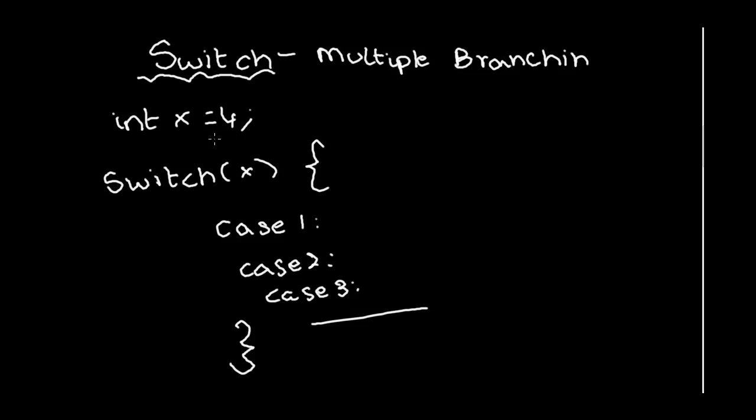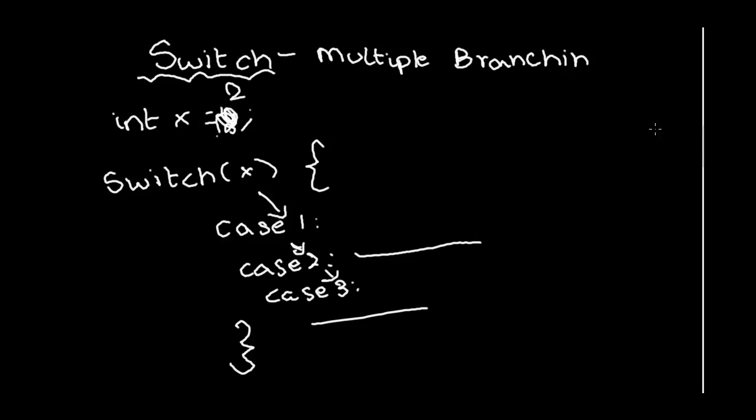So in this case, x is 4 and x is an int. What happens in the switch statement is case 1 basically means check whether x equals 1. Case 2 means if it's equal to 2, and so on. If x here was not equal to 4, let's say it was equal to 2, switch would come in, it would see case 2, and do whatever was there in case 2. It wouldn't have even checked the other cases.